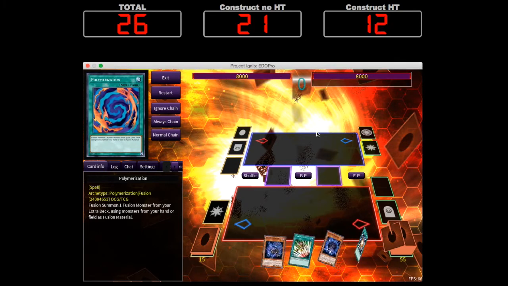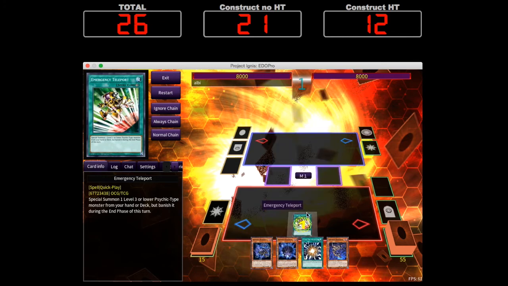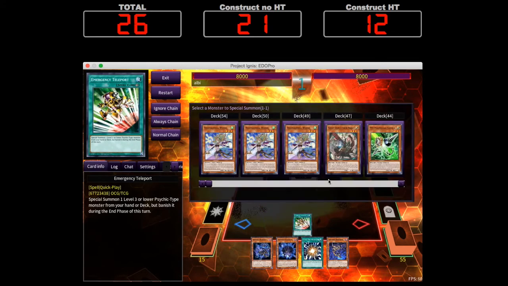Next. Okay, this one is interesting. So if everything goes well, we can at least make construct if we are not interrupted. So if they block us, Emergency Teleport with Ash, for example, of course it is not great. They cannot block it with Gamma, but let's always assume the worst case. So they have Ash, they block us. If they don't,